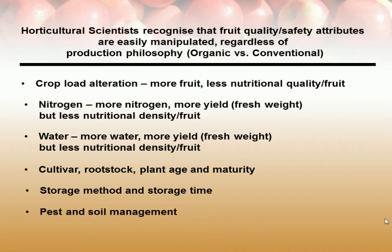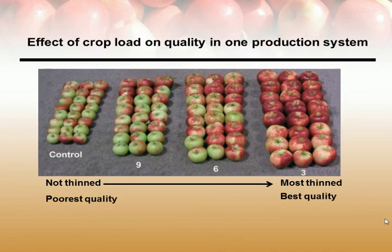You, as a horticultural scientist, can tweak your final outcome by any one or more of these. The crop load, the nitrogen you put on, which will up your fresh yield, but not your density. Put more water on, same story. You can tweak your cultivar, your rootstock, your plant age and maturity. You can tweak your method, your storage time, pest and soil management with mulching, etc. Totally torque your final results. But those folks don't appreciate that, but I think you folks do. Here's the final